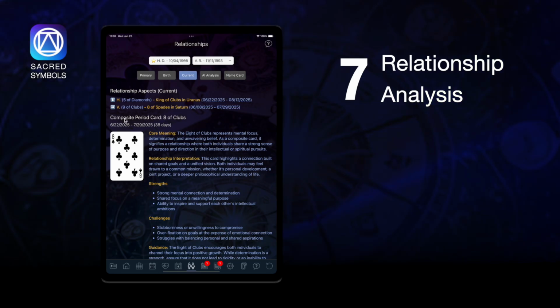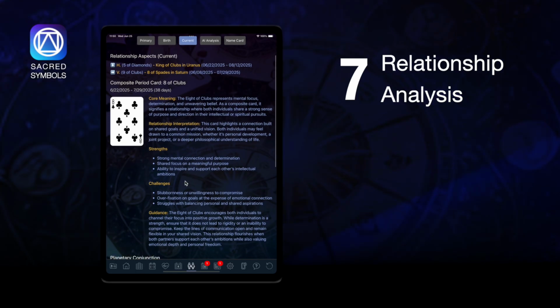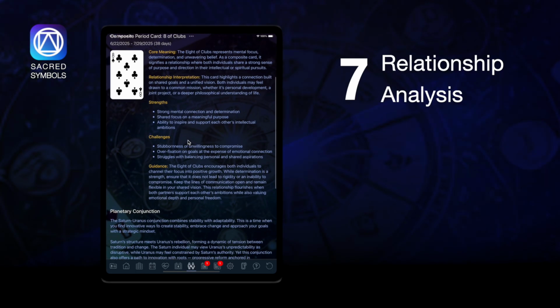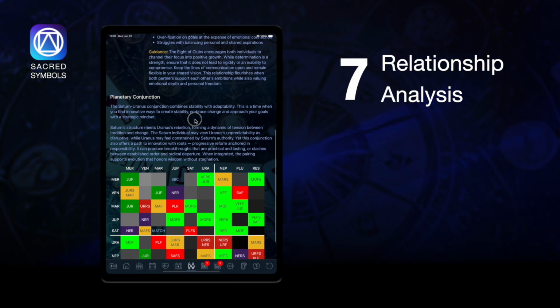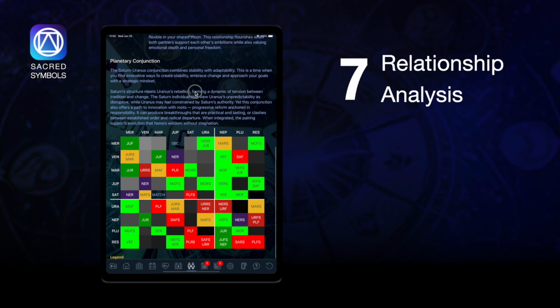Their composite card only lasts for 38 days, which is quite a long period, and is currently an 8 of clubs. And once again, core meaning, relationship interpretation, strength, challenges, guidance, and then some information about the planetary conjunction, as well as once again another